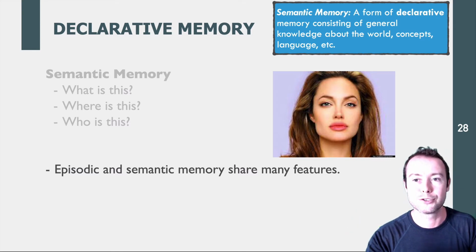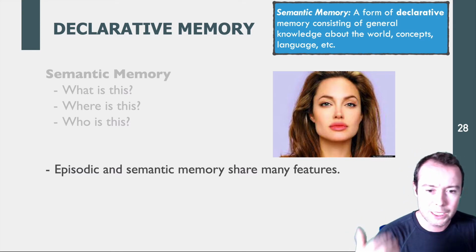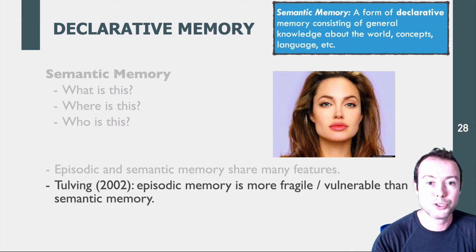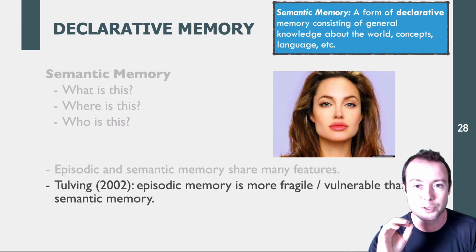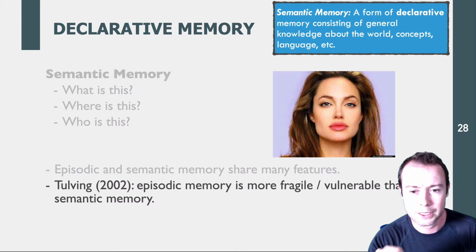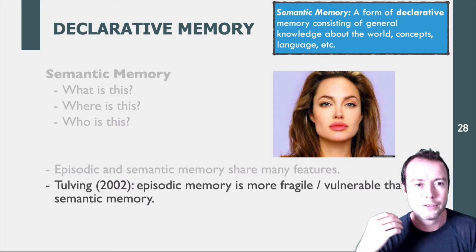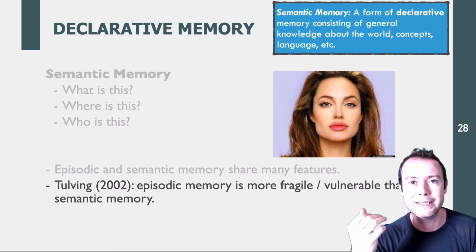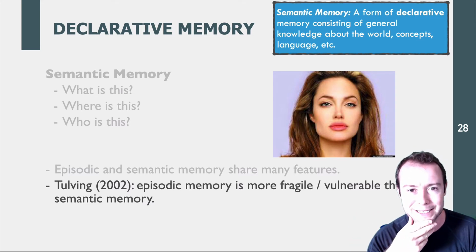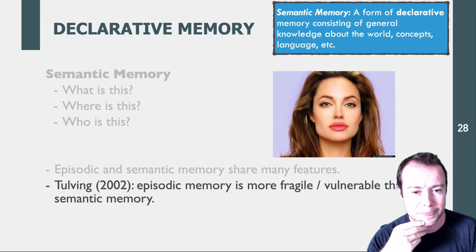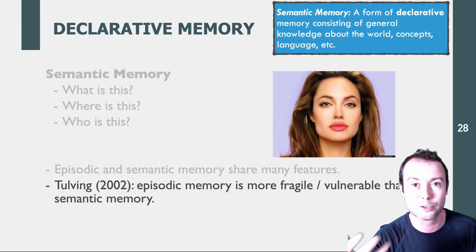And Tulving attempted to clarify the distinction between episodic and semantic memory by arguing that episodic memory is just simply a kind of more fragile or more recent evolution of semantic memory. And some of the evidence that comes in support of this is the fact that when you look at the